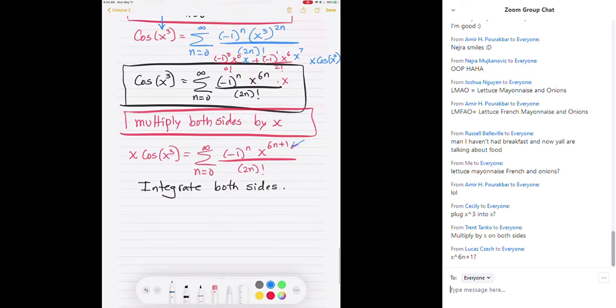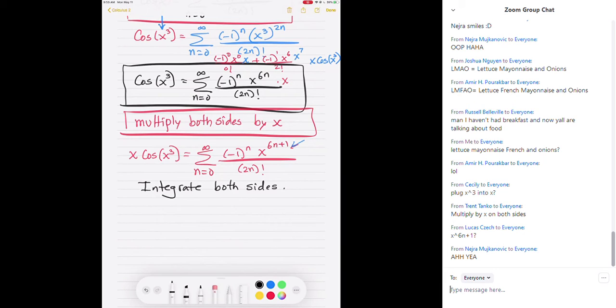So now we integrate both sides. And now I want you to understand that when you integrate sine x, you knew you were getting cosine x. When you integrated e to the x, you knew you were getting e to the x. When you integrated e to the 3x, you knew you were getting e to the 3x over 3. We don't know the integral of this. So you might name it after yourself and call it Nara function. So if I integrate both sides, then I get something called a Nara function,